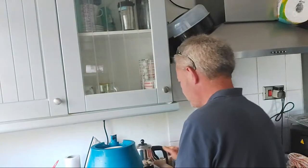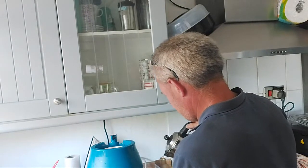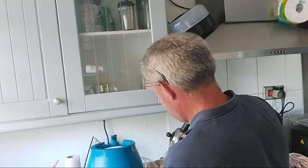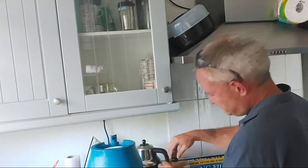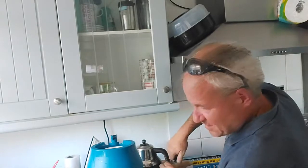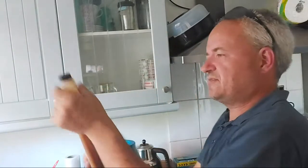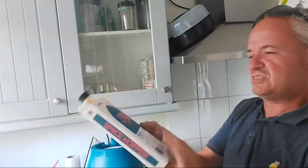Right, I'm going to pour some hot water in there now, somehow. Now, as all homebrewers know, and you will find out yourselves, that you need to make sure that this container is as clean as you can get, because this is the stuff that brews the beer. So you can't be leaving the container all manky, because you'll be getting no beer. So I've screwed it on, and now I'm going to give it a good shake, and as you can see,